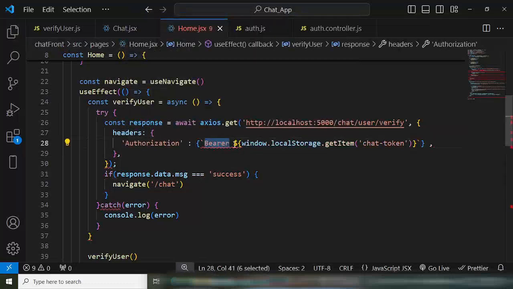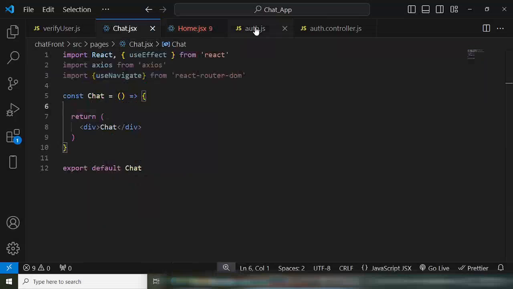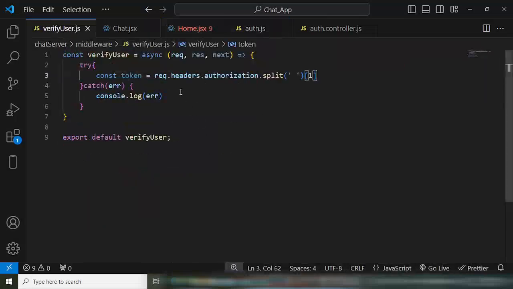So we have passed bearer space then our token. It means that we will split this data, this bearer, based on space, then we will leave the first element and take the token as we did here. Come here to the verify user. So after getting the token,